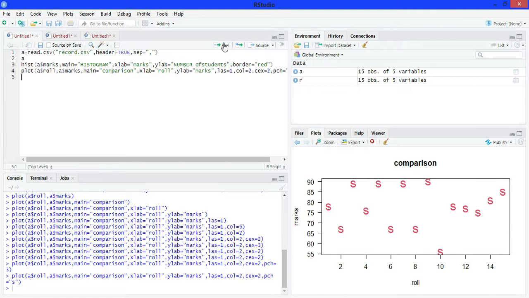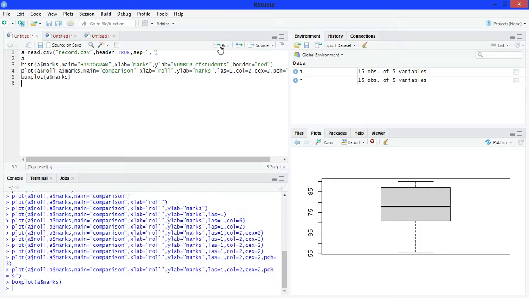Now see one more representation. Write here boxplot and pass here dollar marks. Run it. See, here the bottom line is showing the minimum marks and the top line is showing the maximum value of marks.